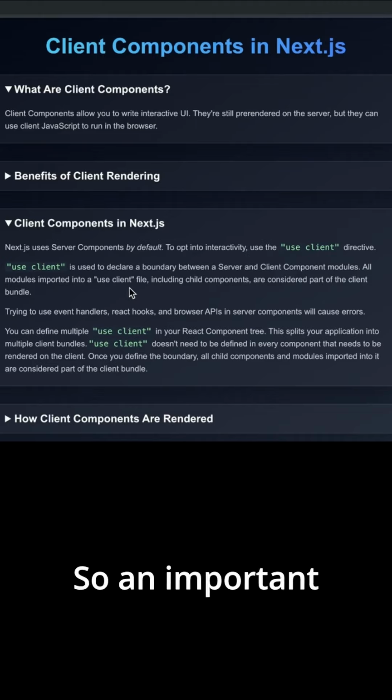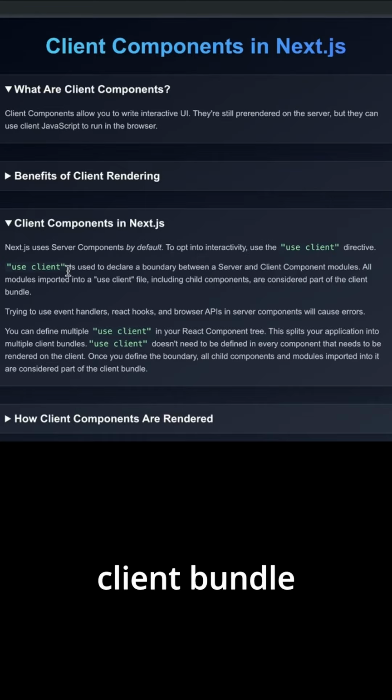So an important thing to keep in mind is that this use client directive declares a boundary between server and client modules. It's not necessarily just saying this single component is going to be a client component and this single file is going to be a client component. It's saying our client bundle starts here with use client, and anything you import into it is going to be included in the use client bundle,